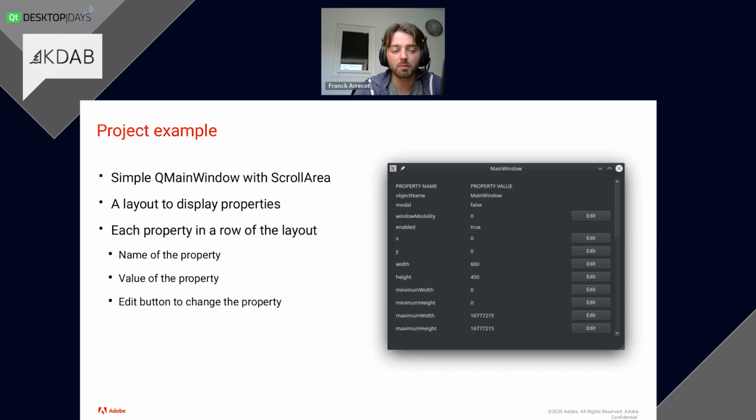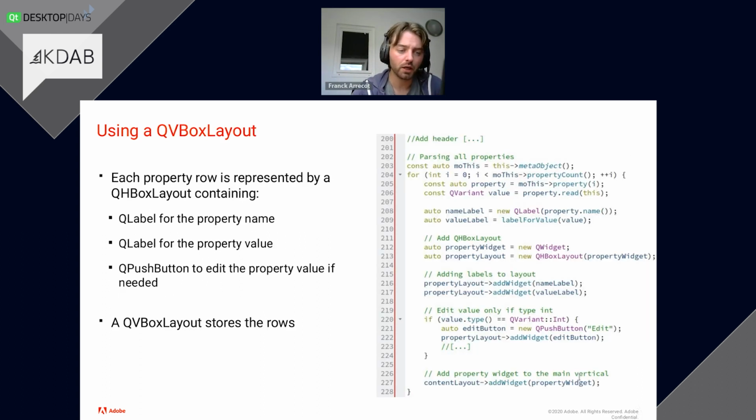A label is the way to display the name and the value within a widget. It's simple enough. You would have a label with the property name, and a label created with a magical function, which is the value label. Let's not care about it either. So you have those two labels that you now want to add into some layout for it to work.